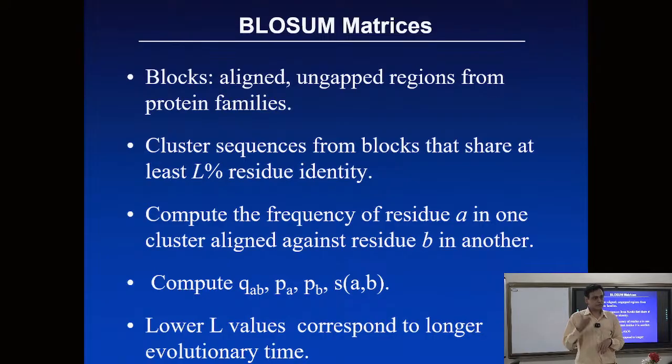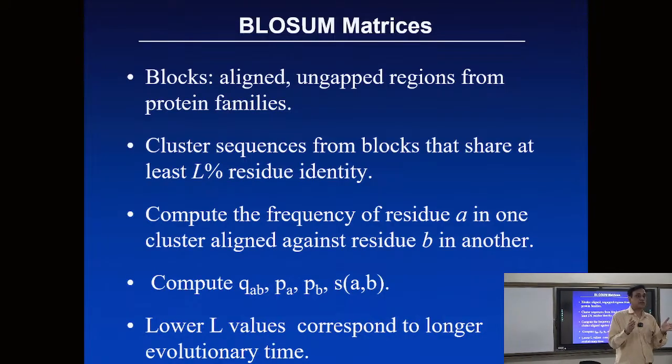Okay. And similarly all these different BLOSUM numbers. So, for example, BLOSUM 60 represents sequences that are 60% or less similar to each other. Okay. So, this way different BLOSUM matrices were derived and they represented some level of divergence between sequences that were